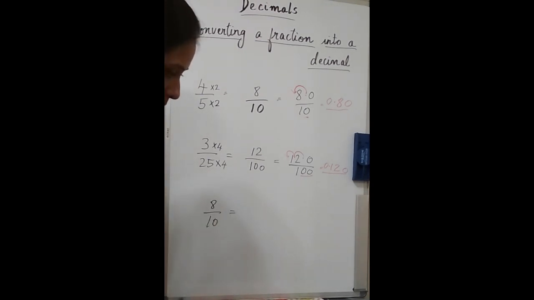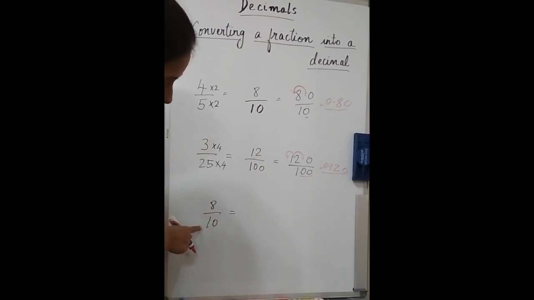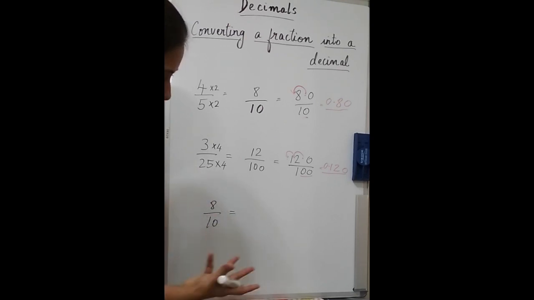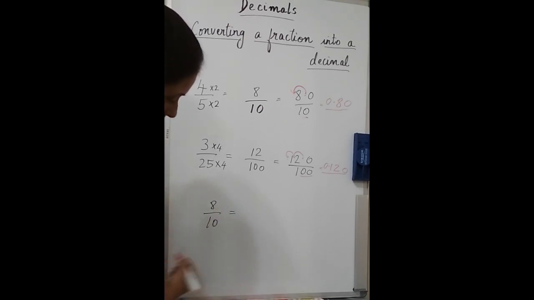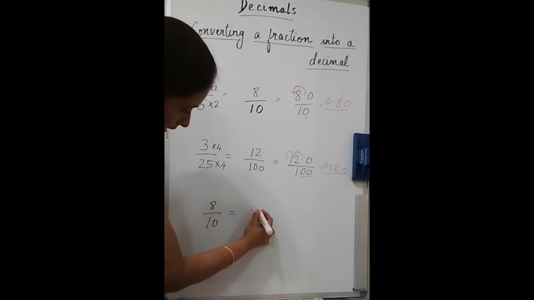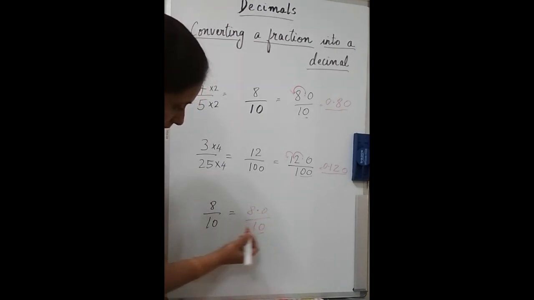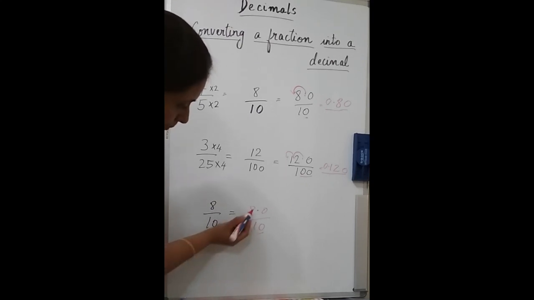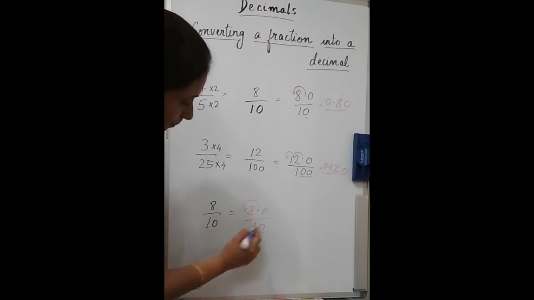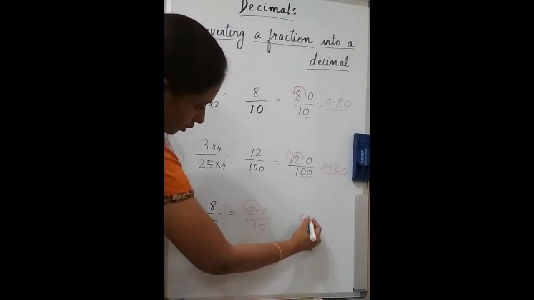Now the last one, 8 divided by 10. Now should I write an equivalent fraction for this? No, because this already is a decimal fraction because it has a denominator of 10. So we don't have to convert it. We can just directly divide. So 8, I'm going to write it as 8.0 divided by 10. I'm going to divide by 10 which has 1 zero. So my decimal point is going to jump to the left side how many times? Once. So my answer is going to be,